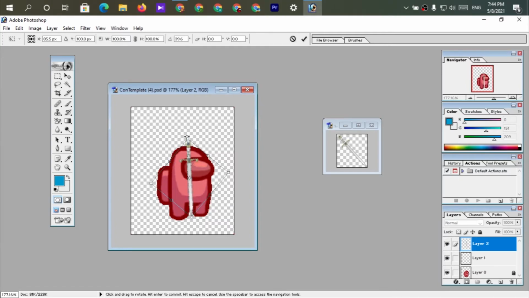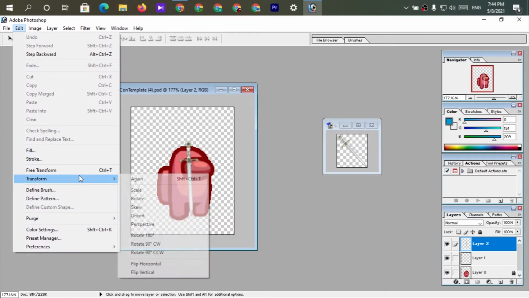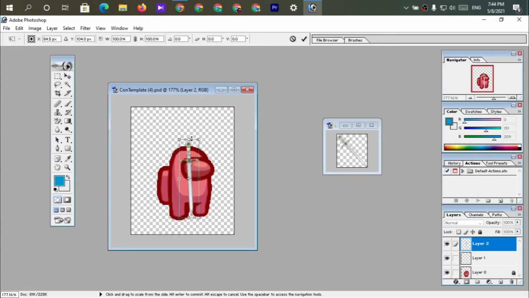So let's place like this. Select free transform again. So the picture is a little bit clear. Let me place. No, actually the rotation point is best.